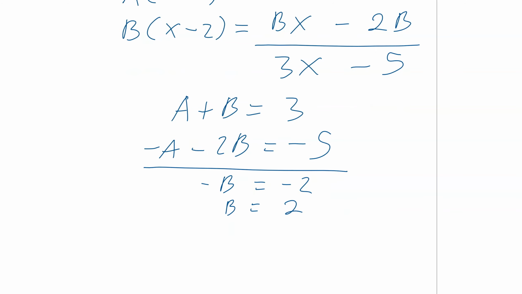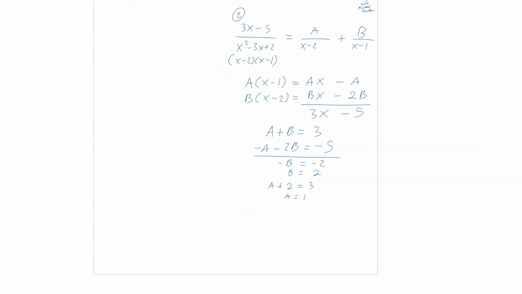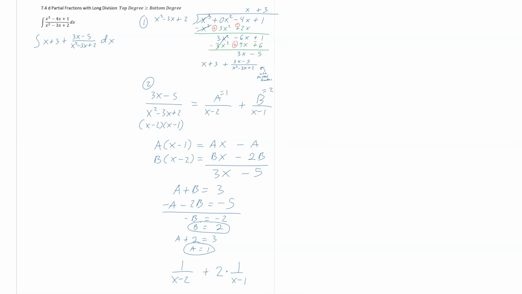So it was nice and quick. And then that means a plus 2 equals 3. Subtracting the 2, a equals 1. So this was a nice, clean system of linear equations. So we could do it very, very quickly. So let's circle those so we don't plug any other numbers in that we're not supposed to. It just gets it cleaner. So this would be 1 over x minus 2 plus 2 times 1 over x minus 1. So that means our a here is equal to 1. Our b is equal to 2. And so when we plug those in,